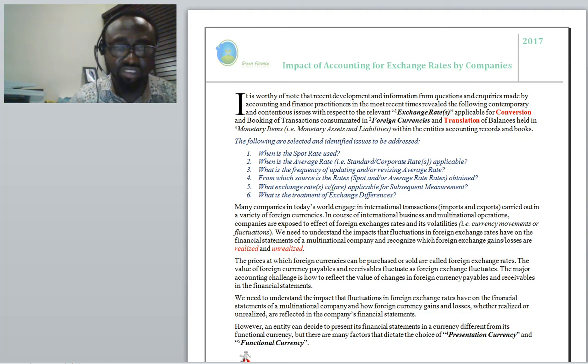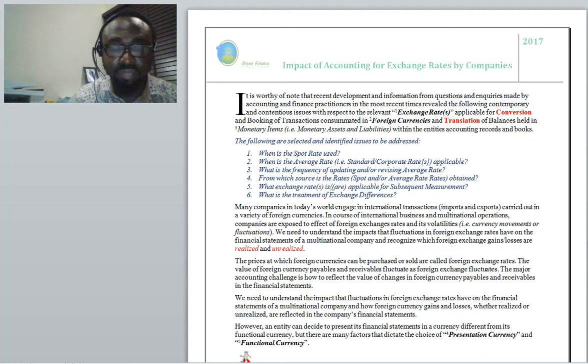And that is the simplest way of explaining foreign exchange rates. Now, as we move on, we'll find out that the value of foreign currencies payable and receivable fluctuates as foreign exchange rates fluctuate, all because payables and receivables are more considered as monetary assets and monetary liabilities. And as we move on, we'll realize why certain rates are applicable to them and why we need to carry out more or less an evaluation based on the changes in the exchange rates in order to reflect the economies of those payables and receivables at every point in time, especially as at the reporting date.